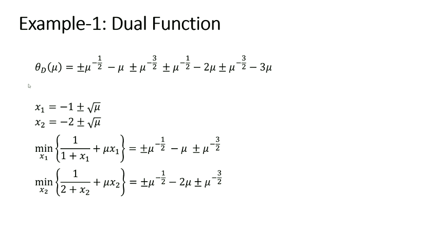Okay, so this is what we end up with. Theta d is now purely in terms of mu. Okay, how did we arrive at that? Because we saw that this minimization yielded these two terms, and then this second minimization yielded these two terms. Okay, so that's what we are at, and we also have these two expressions. Simplifying this, we get this. Okay, so now